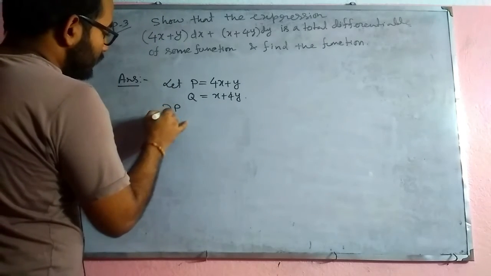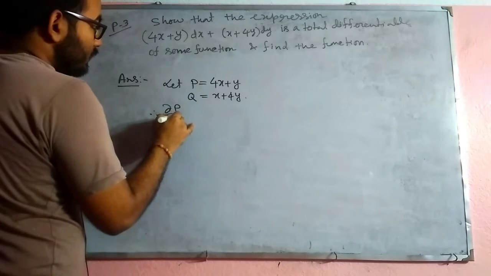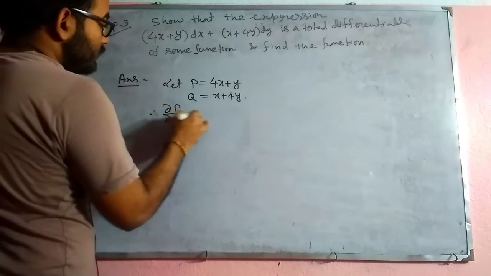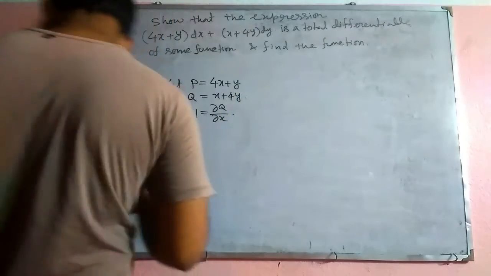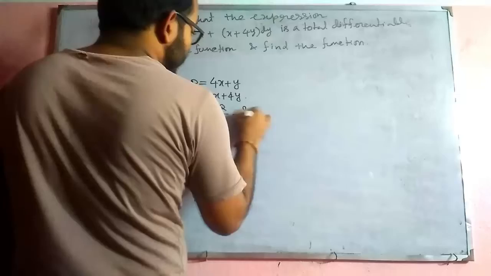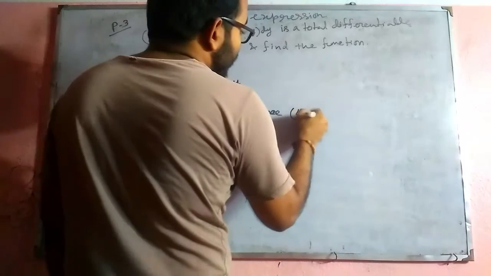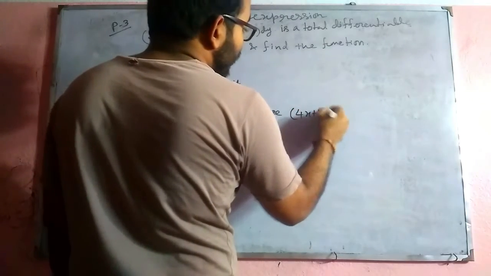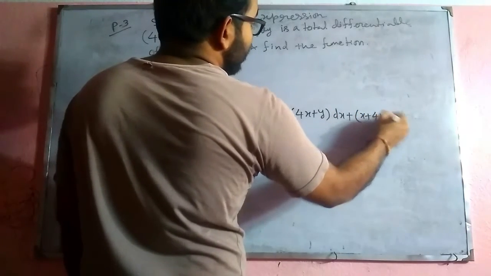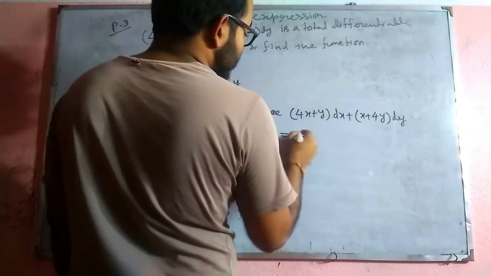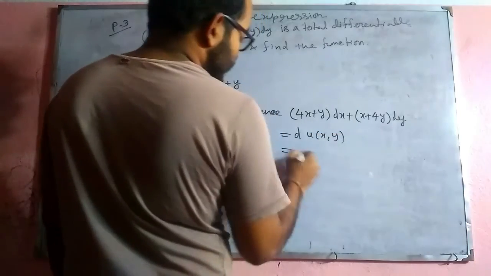So del p del y is equal to 1 is equal to del q del x, and hence (4x plus y) dx plus (x plus 4y) dy is equal to d of u(x, y),